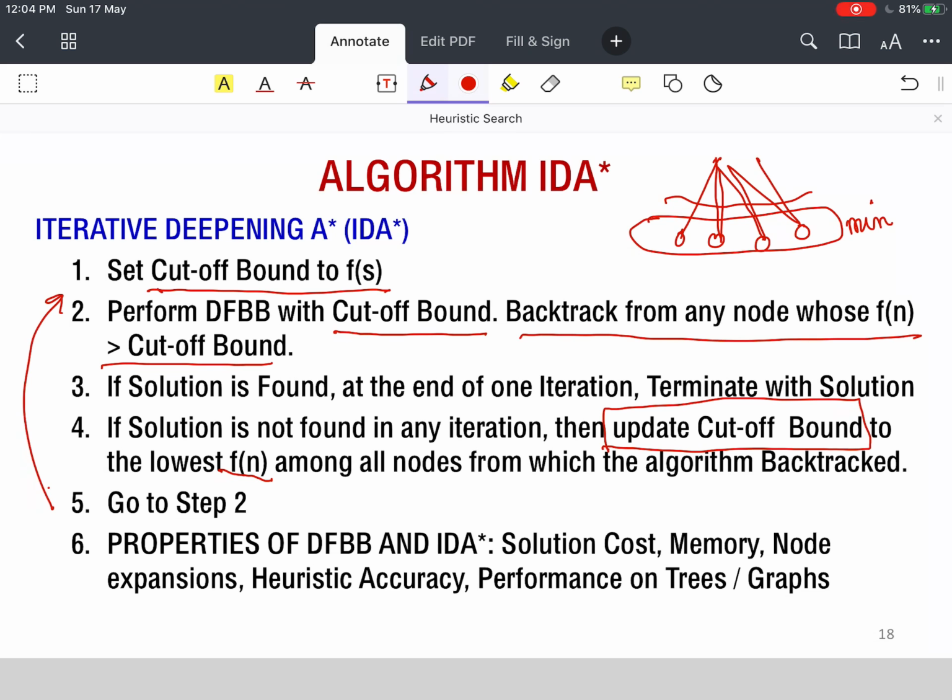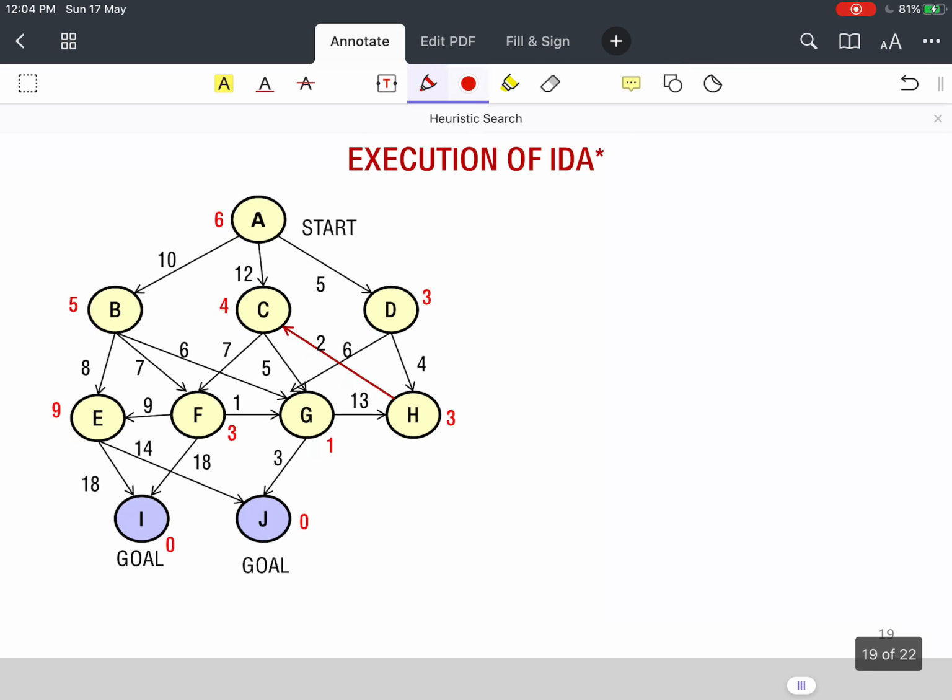And as we repeat it in this particular way, we will notice that the first solution that we get will be optimal. This is a very unique algorithm which gets the first solution optimal in an iterative depth first search manner using the f values and using cutoff bounds. So how does this work? In the first iteration, my cutoff bound is 6.